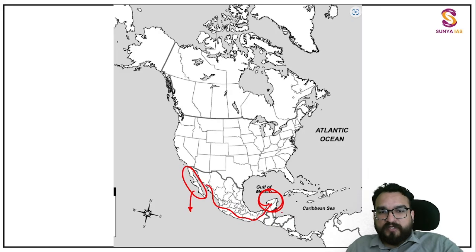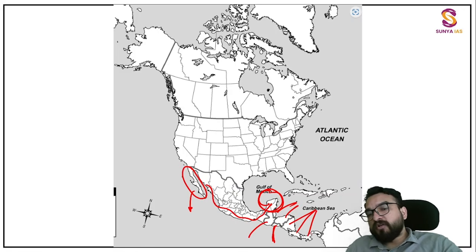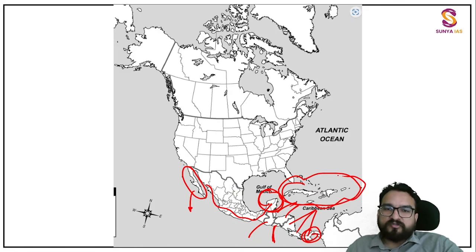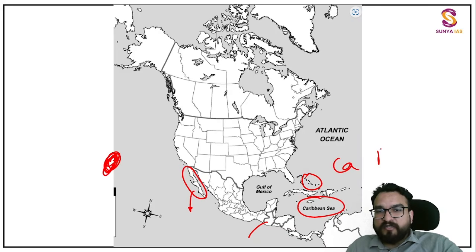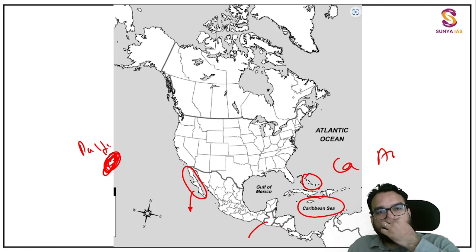This is Mexico over here. Then Belize, Guatemala, Honduras, El Salvador, Nicaragua, Costa Rica, and your Panama. I hope you remember these Caribbean countries also, guys. Okay, Gulf of Mexico, Caribbean Sea, you must be remembering. The Hawaiian Islands, if I ask where that is, Hawaii is over here, not in the Caribbean, not in the Atlantic, but in the Pacific. Like this, you have to understand.